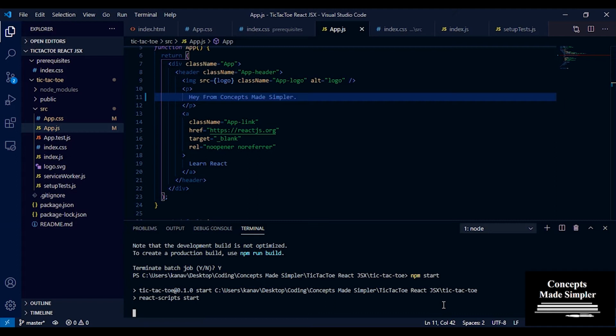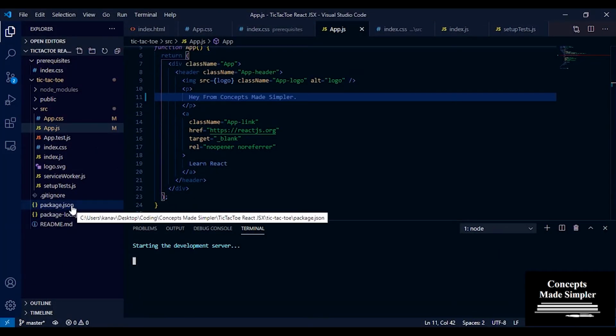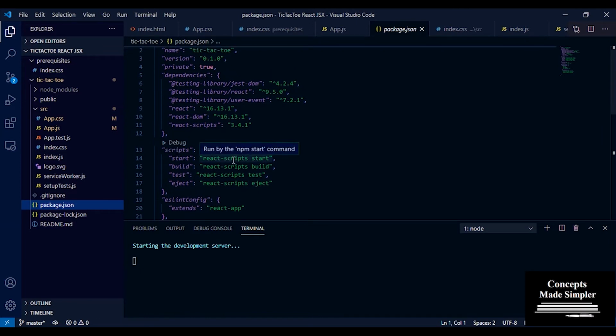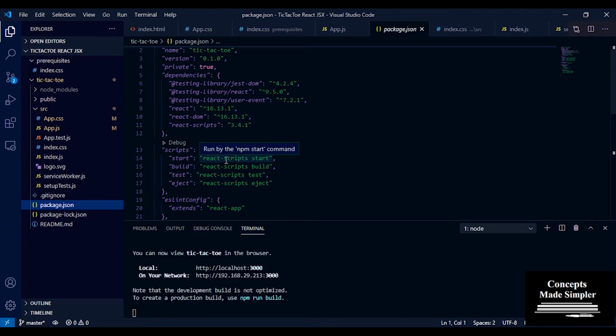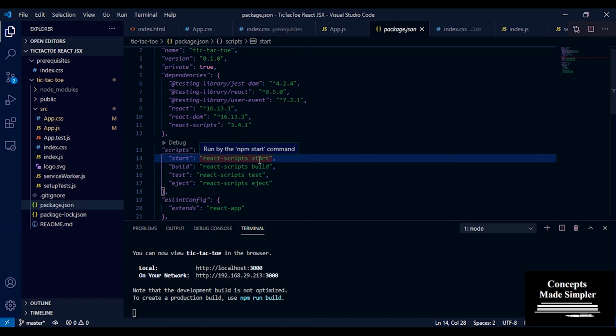Now you need to make sure which directory you are in. What npm start does is, in the package.json you have a script which is react-scripts start. React scripts is something Create React App created for you, where you run this command and it will hit your index.js and run that. You have your different commands here. You have start, you have build. Build is to make a production version, which is a little more optimized than your development version. Test is if you have any tests you want to run.